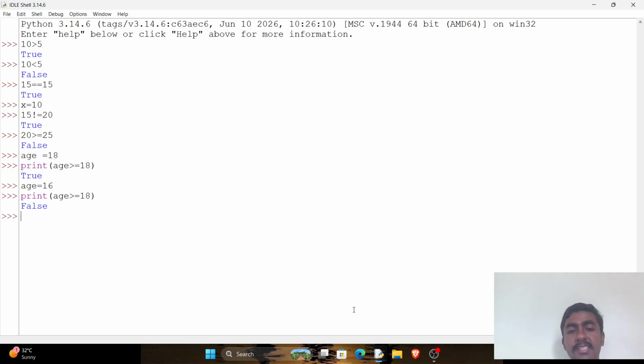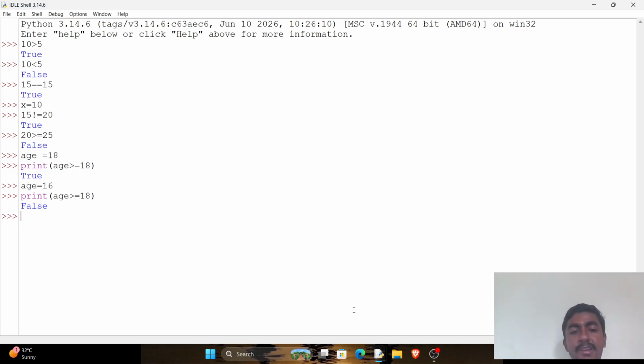See how just changing the value changes the decision. That's exactly how real applications work. A banking app, a shopping website, or an online exam portal all use these comparisons to decide what should happen